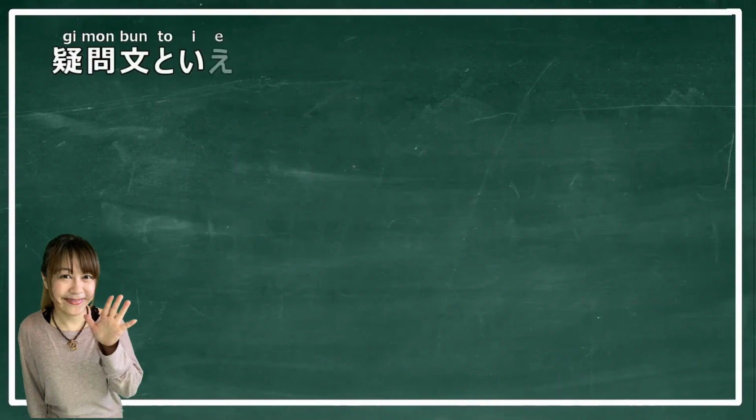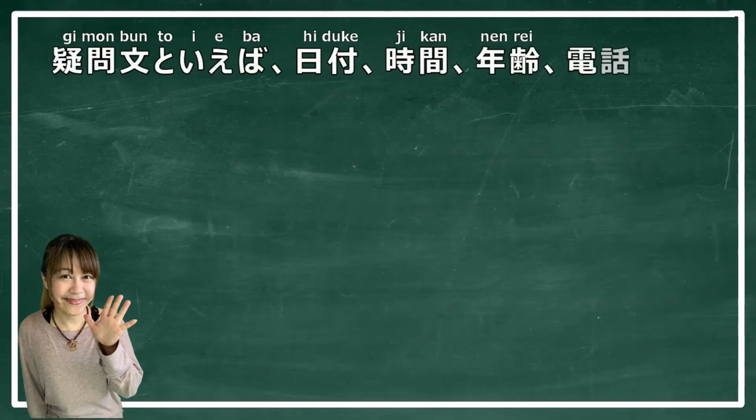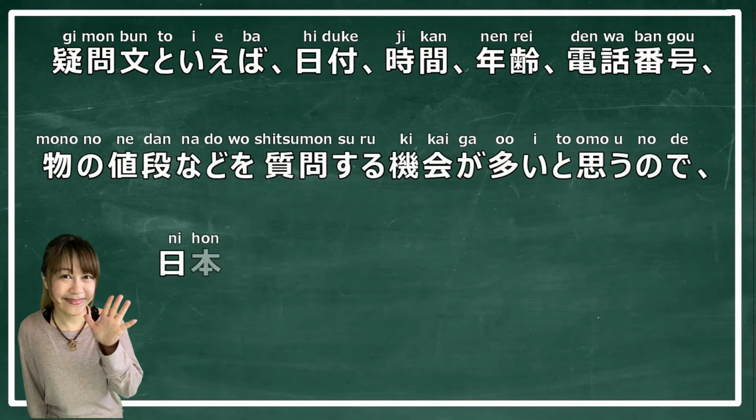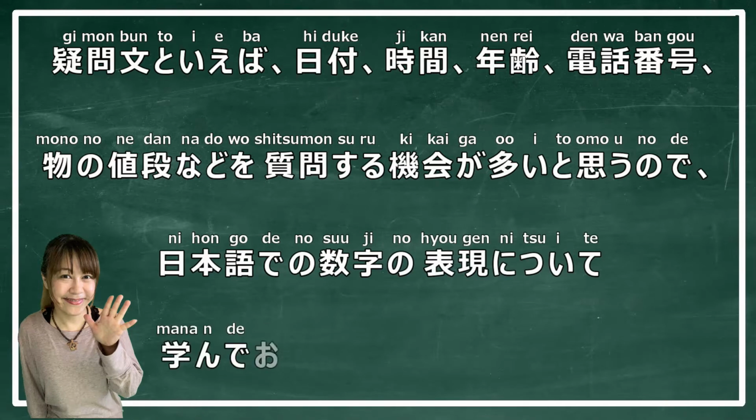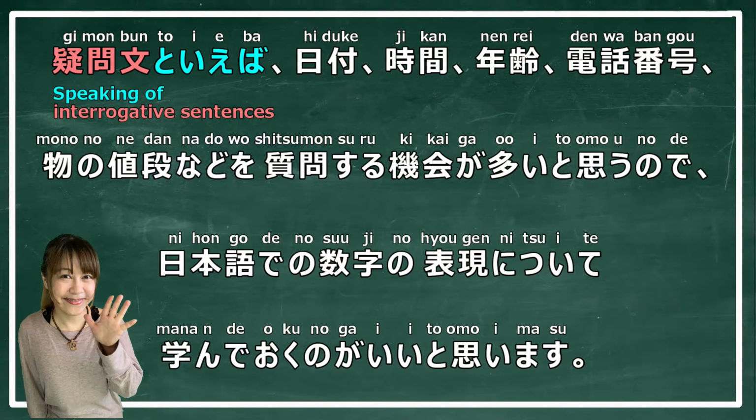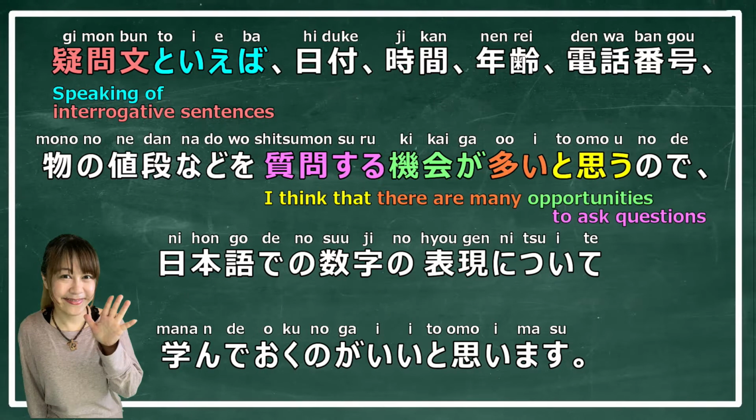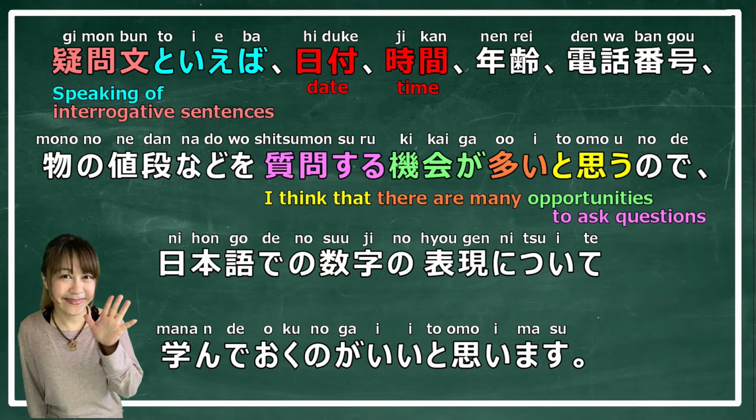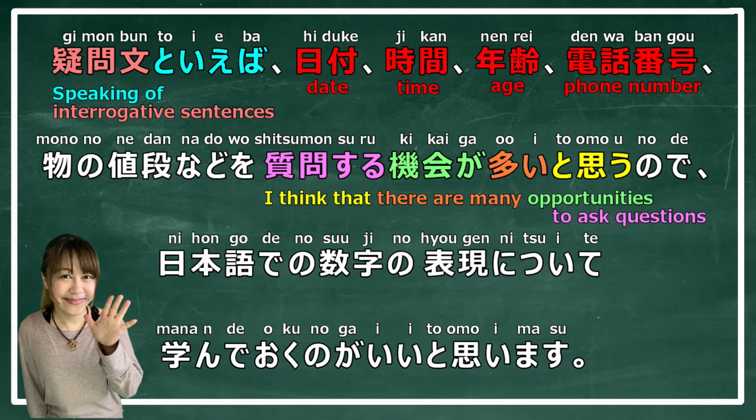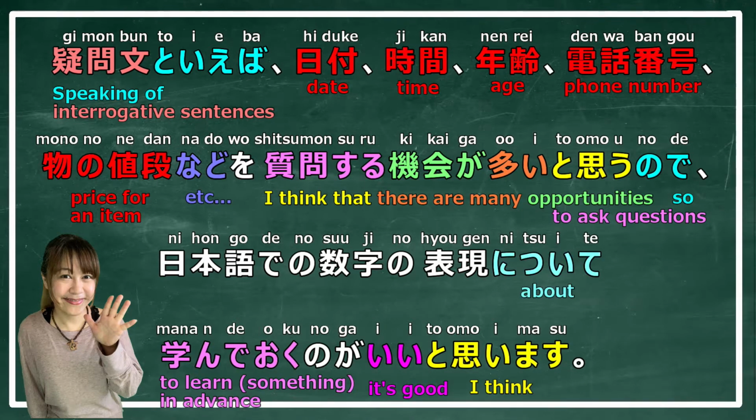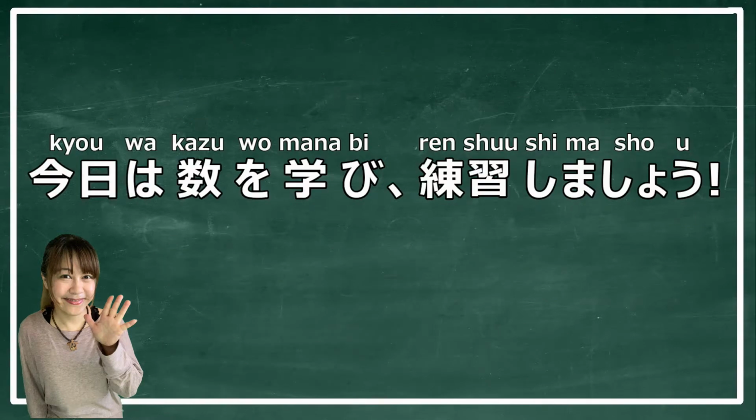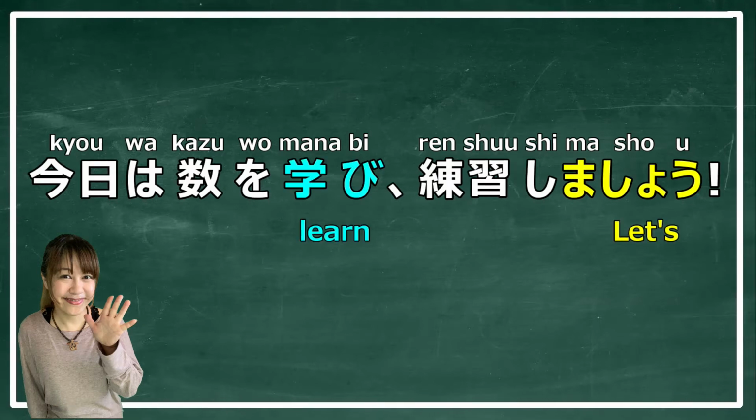疑問文といえば、日付、時間、年齢、電話番号、物の値段などを質問する機会が多いと思うので、日本語での数字の表現について学んでおくのがいいと思います。Speaking of interrogative sentences, I think that there are many opportunities to ask questions about things like the date, time, age, telephone number, price for an item, etc. So I think it's good to learn about the expression of numbers in Japanese. 今日は数を学び練習しましょう。Let's learn and practice numbers